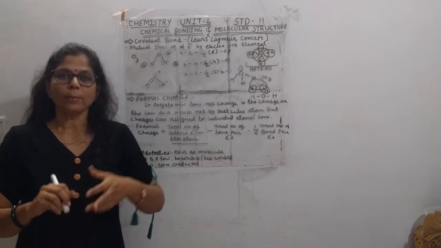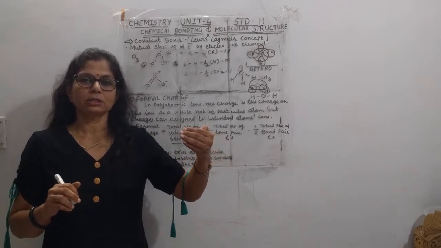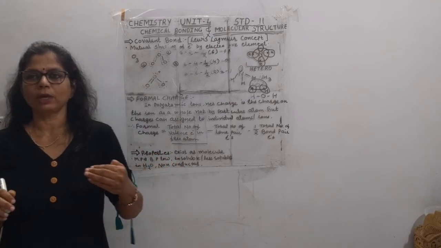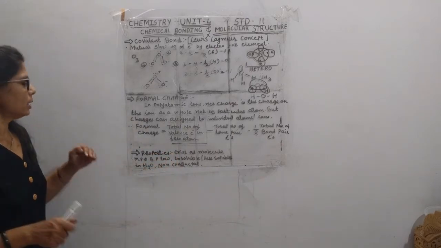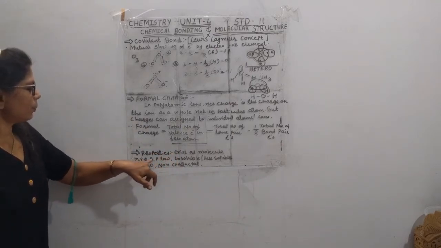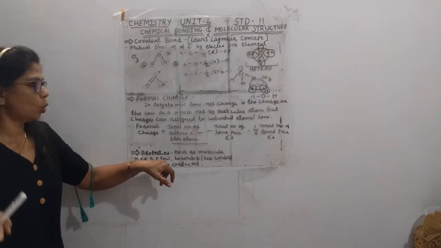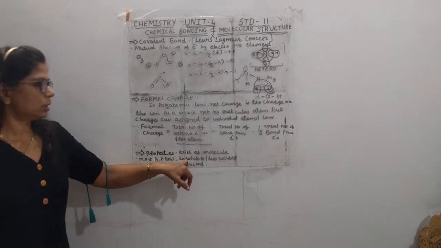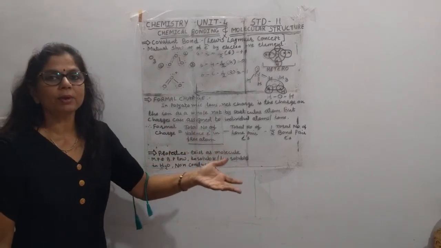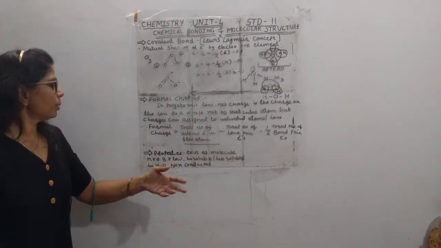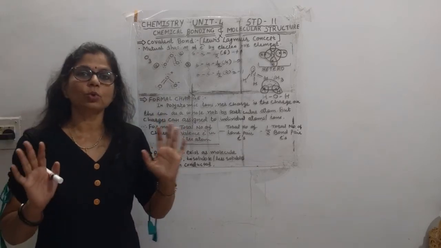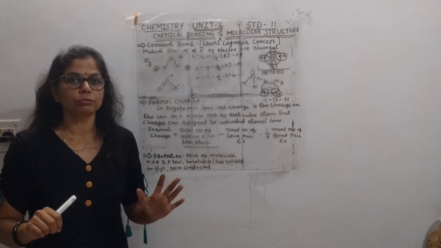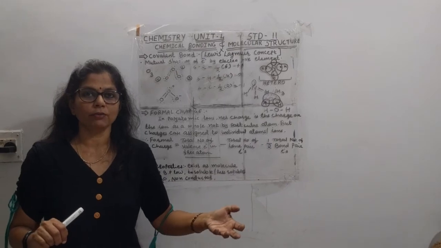As you know about the ionic bond characteristics, we have studied in the same way. Covalent bonds have lower melting and boiling points. They are insoluble in water or may be less soluble in water. Even it exists only in the form of molecules, student. It does not exist in the ionic form.